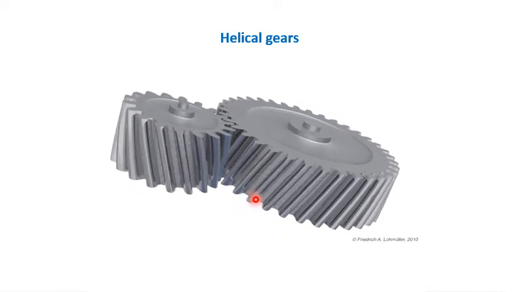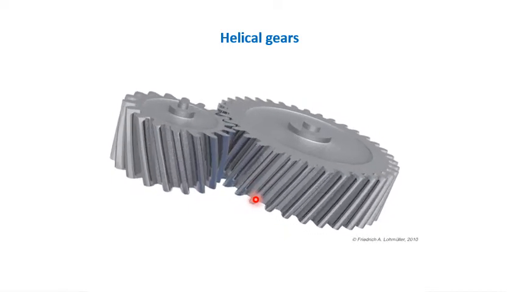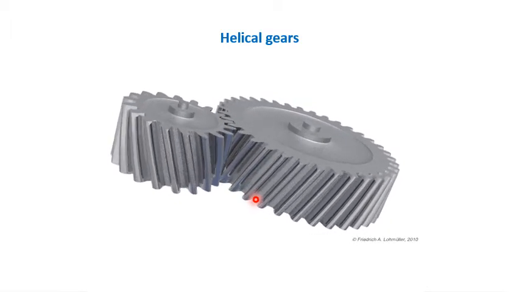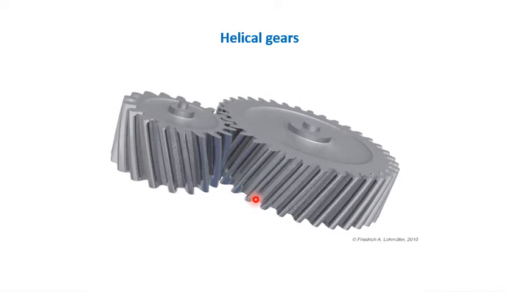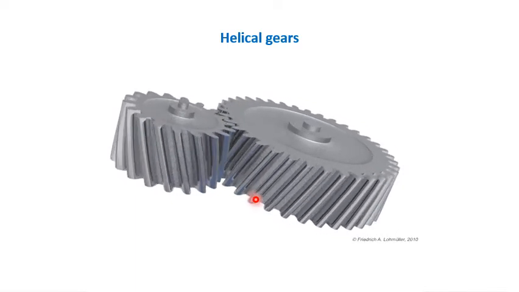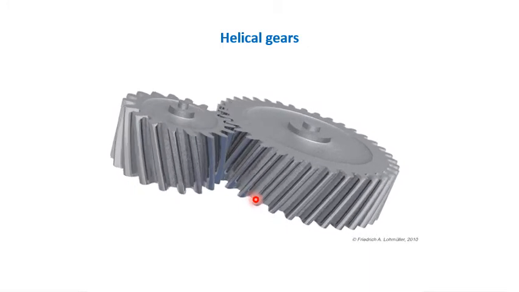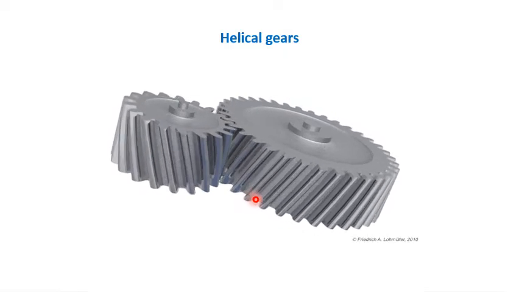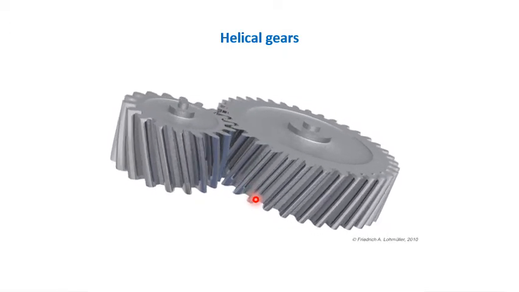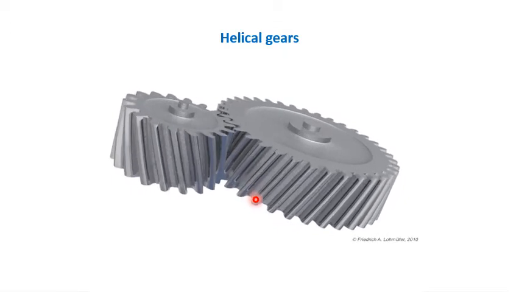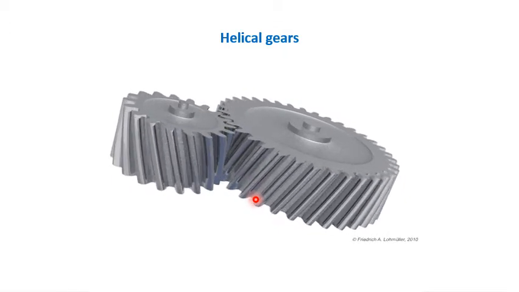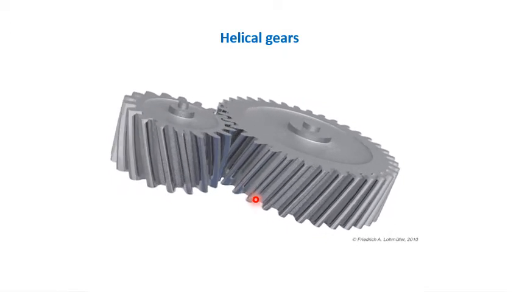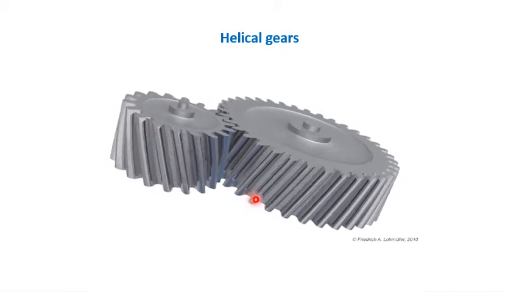So helical gears are similar to the spur gears, but its teeth are cut at an angle with the axis of rotation of the gear. And these helical gears can transmit motion from one shaft to another shaft, which are parallel to each other. The helix angle of gear and pinion are same in magnitude, but of different hands. For example, right hand pinion meshes with the left hand gear.